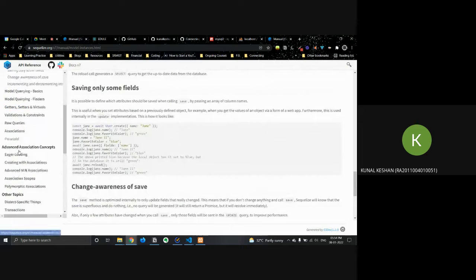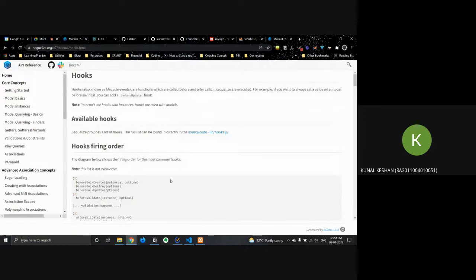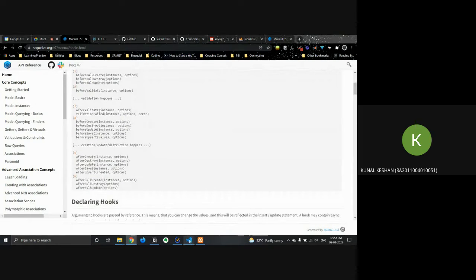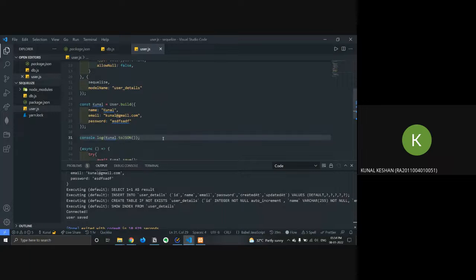Okay, so the next concept that I want to talk about is hooks, right? Hooks are functions which are called before or after a call in Sequelize. Pretty straightforward. There are certain functions that call other things before a particular Sequelize cycle.